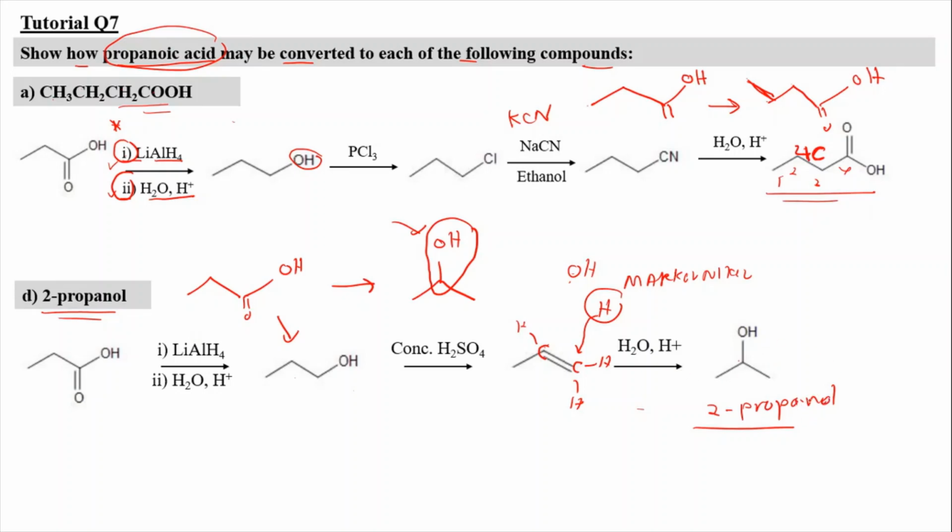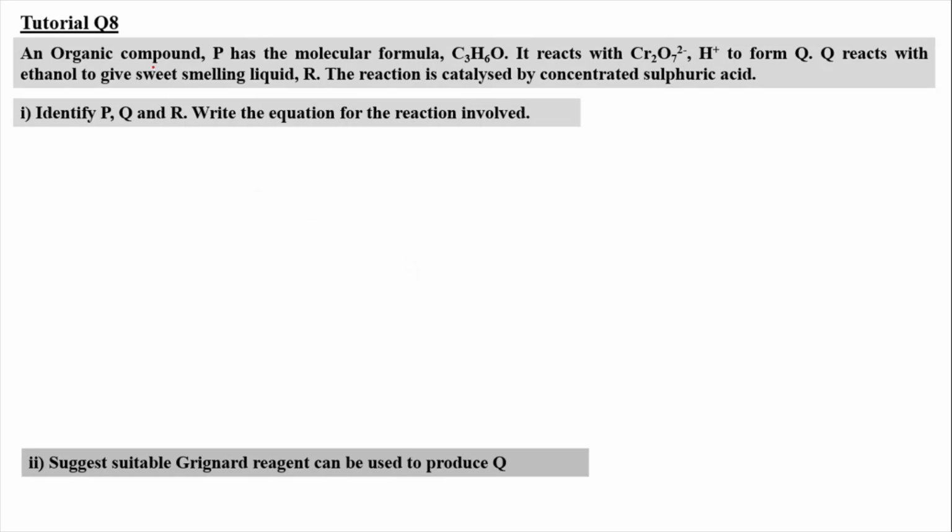Okay, so for tutorial question 8, an organic compound P has a molecular formula of C3H6O, and it reacts with Cr2O7 2- with H+, which is a chromic acid, in order to form Q. Q reacts with ethanol to give sweet smelling liquid R. The reaction is catalyzed by concentrated sulfuric acid. So if you were to read it like this, you will find it very difficult to digest the information. So what we're going to do is we need to come up with an idea first